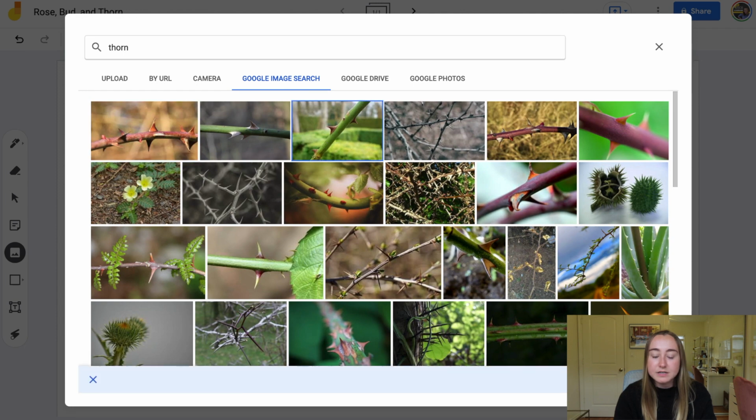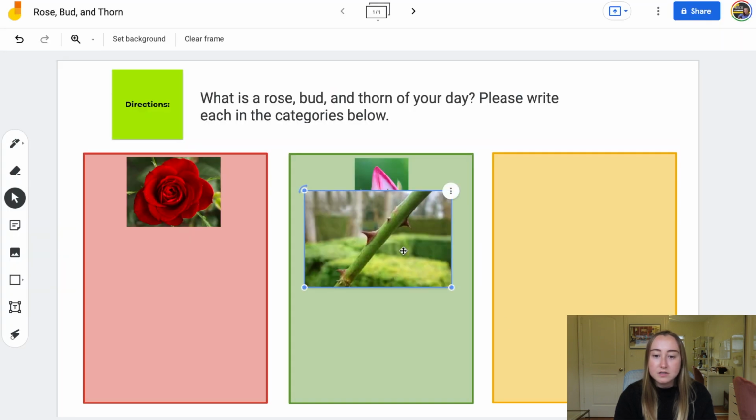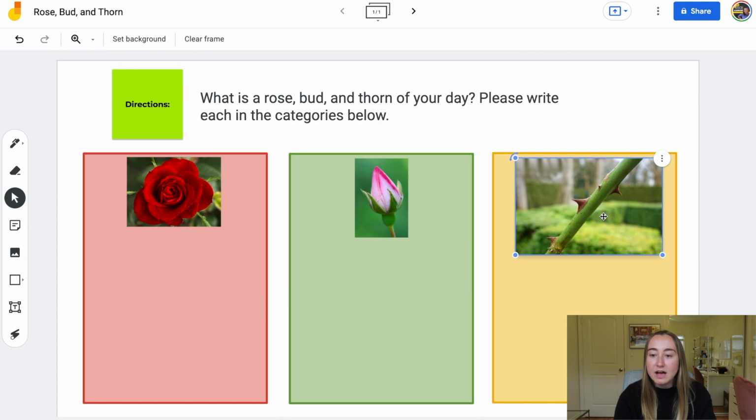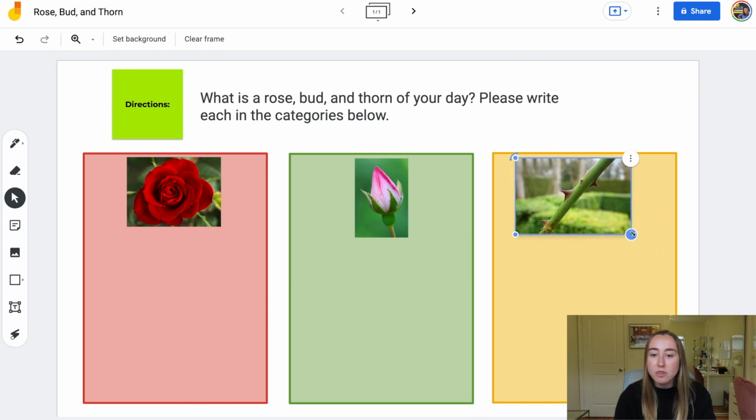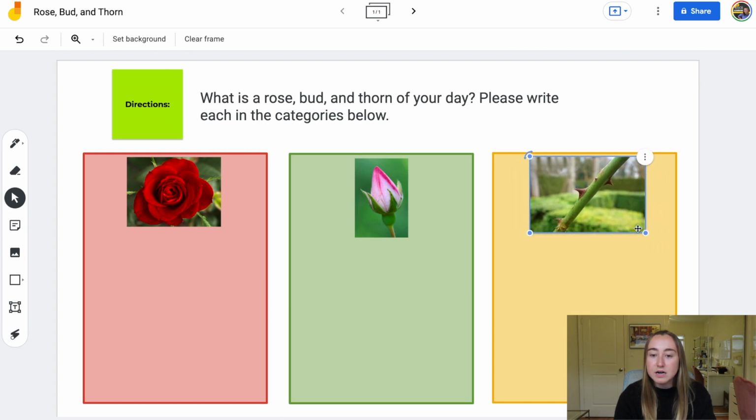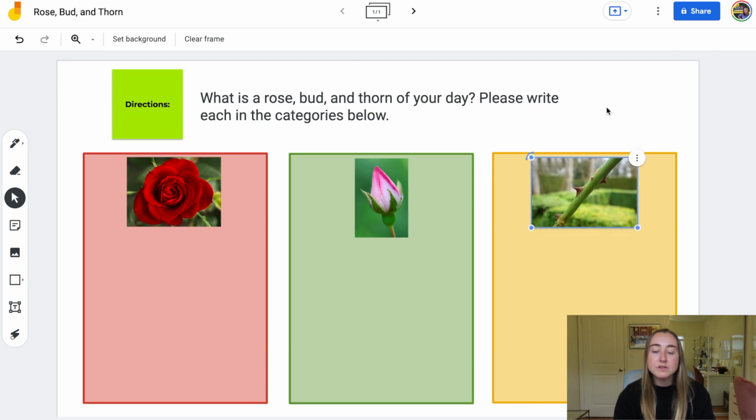And I'll press insert. And so now I've added a rose, bud, and thorn image to our files here. All right. So now the last thing that I would do to prepare this slide before sharing it with students